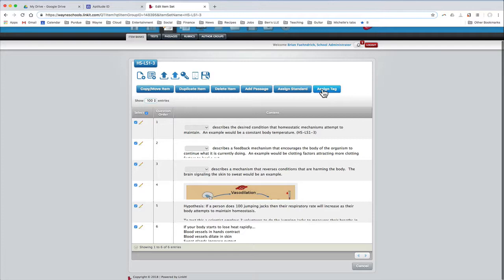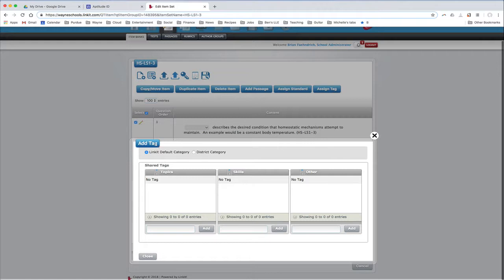With these two things I can put my topic in, and all other information that may be important to me about particular questions. To add a tag, and we've selected all of our questions because they're all grouped by the same thing, I'm going to add a topic tag. I'm just going to start typing homeostasis, which is what they're all about, and you'll see a pop-up list start to come out, and here we have homeostasis. We could go with that, but I'm just going to put homeostasis in here and add that as a tag